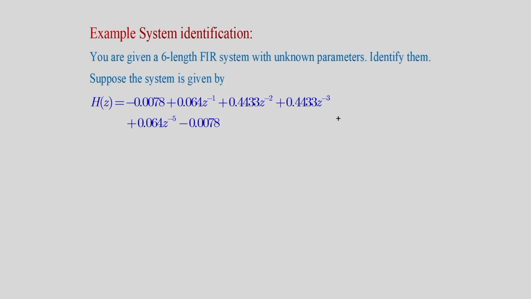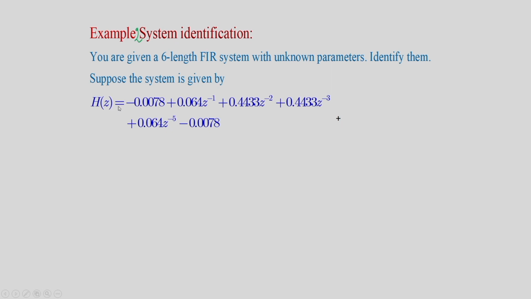We will consider the second example, example 2. This is example 2, system identification. You are given a 6-length FIR system with unknown parameters. We know it is an FIR system, but the parameters are unknown. We have to identify them. Suppose this system is given by this. We are considering a